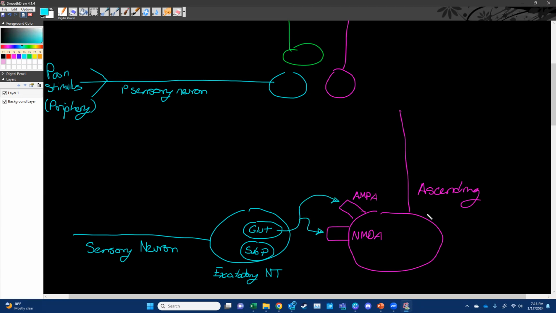Depending on which region of the spine and where the sensory neuron is coming from, you're going to get different concentrations of AMPA and NMDA. We're not really going to focus on that right now, but what we can say is that either one of these, both AMPA and NMDA,